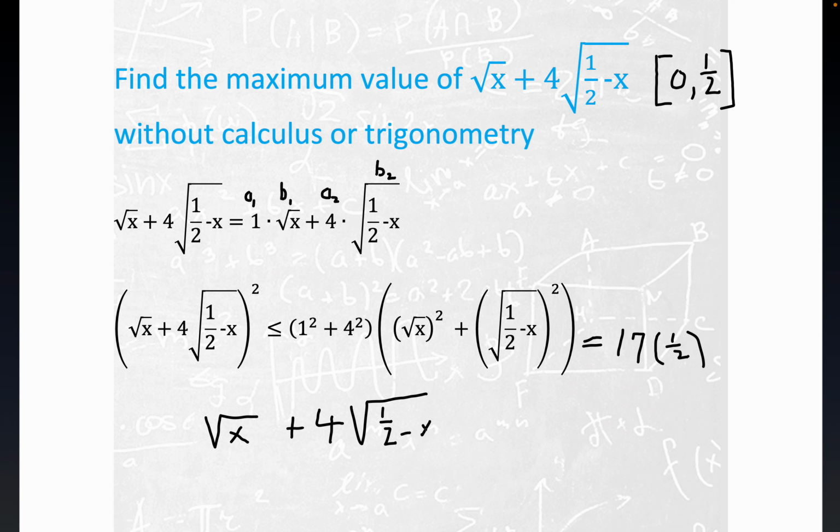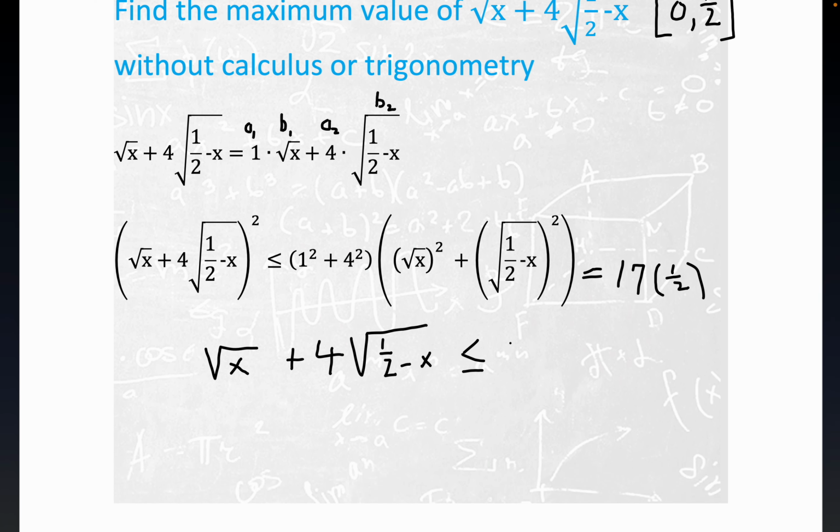Again, y'all, I'm just taking the square root of this object, we're writing down the argument. The squaring and square rooting are inverse operations. And so this would be less than or equal to, and this is for all x. So we'll go ahead and write the square root of 17